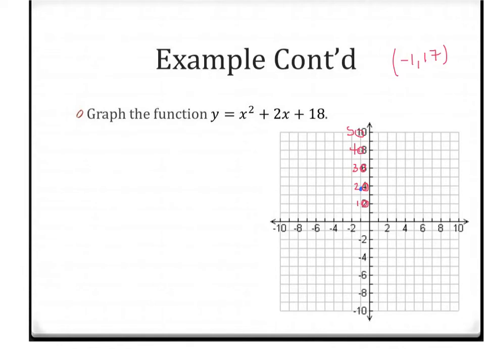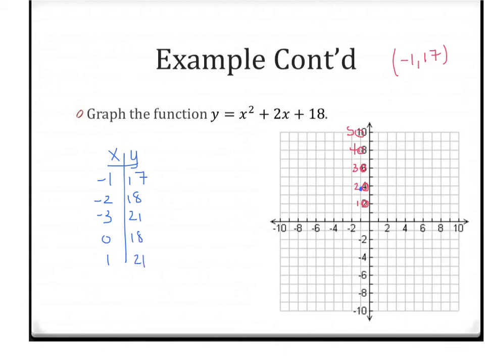And so I'm going to use a table. And if you want to put your vertex in your table, there it is. We want to do 2 x's on either side. So I want to do negative 2 and negative 3 on the left and 0 and 1 on the right. And so we're just plugging those in like we did before. I'm going to use my calculator here to speed me along. So at negative 2 we have 18, at negative 3 I have 21, at 0 I have 18, and at 1